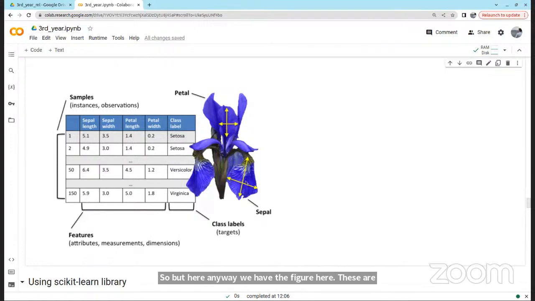For both petal and sepal, you will find width and length. So sepal length, sepal width, petal length, petal width. These are your data points. Based on that, you have to identify a new one. Let's say I will give you a new flower. Based on these 4 parameters, you have to identify the class. That's the problem statement.